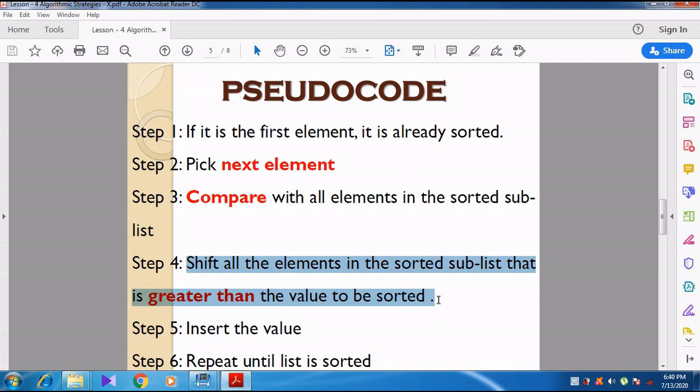The value which was in the first position will come to the second position. Can you understand, students? See, we take an array. That particular array contains a list of n values. So first of all we look at the first element.